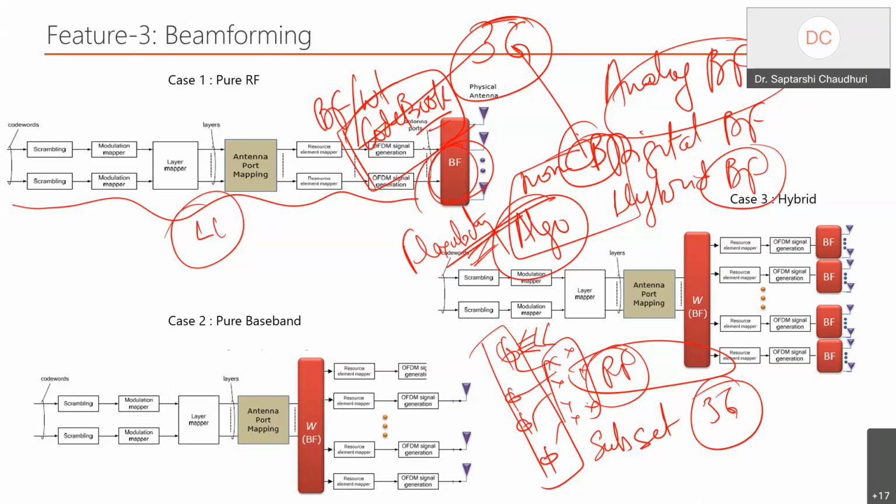And when we come to the time domain, this is where the time domain has happened. And then it passes through the universal beam width before we put it to the antenna elements. So this is what we call the pure analog part of it.